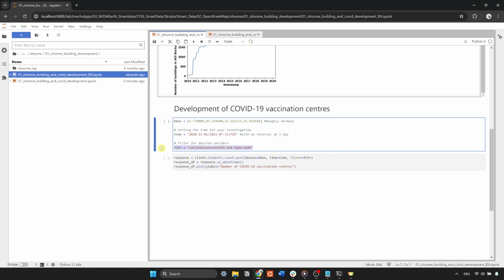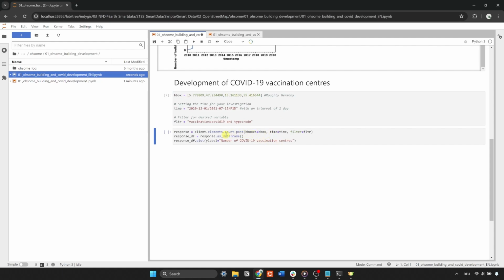Now, we can make use of the OHSOME API by sending a request to the OHSOME API to count the number of COVID-19 vaccination centers within the defined bounding box over the specified time period. Lastly, the response must be converted to a pandas data frame. We then can plot the data and label the y-axis to indicate the number of COVID-19 vaccination centers in Germany